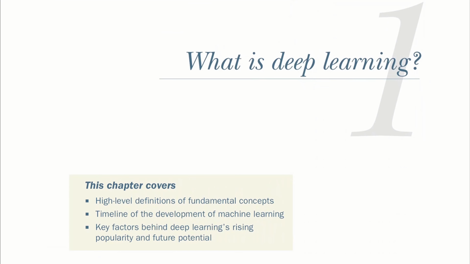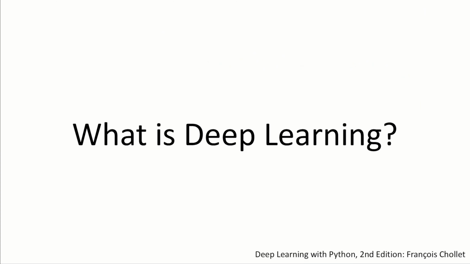In the beginning, I thought it would be nice to skip this chapter, but I think it's very useful for beginners in deep learning. So we will start with the very first chapter, which is what is deep learning. There's a lot of information in this chapter. Maybe all of that is not required for you to start with deep learning, but it's always good to know about some of the history and what's taking place these days. I have skipped those parts, but I definitely encourage you to take a look.